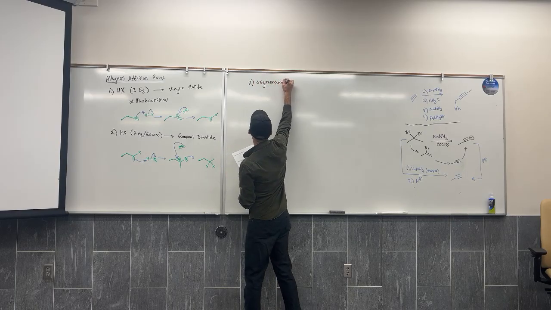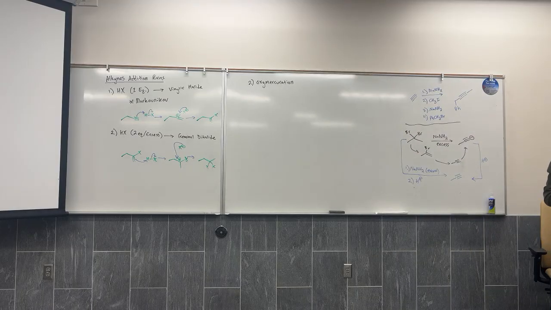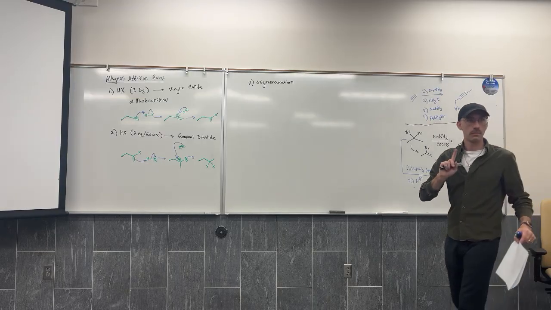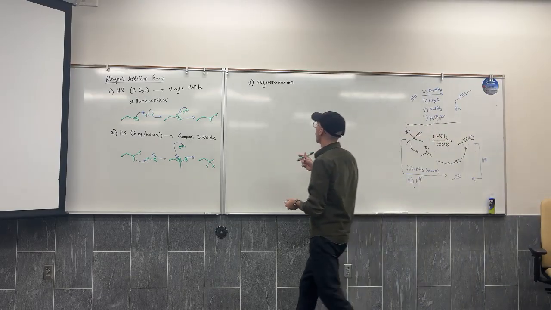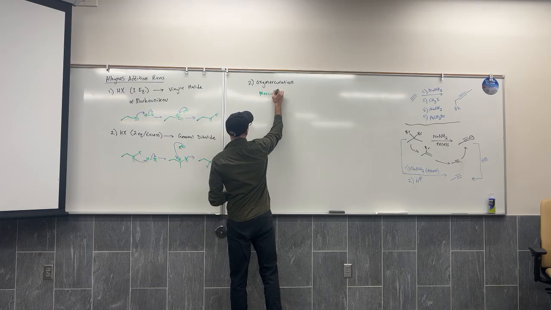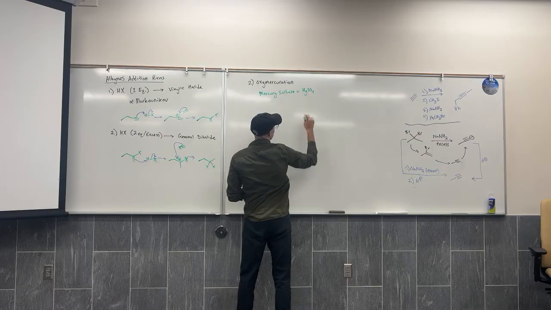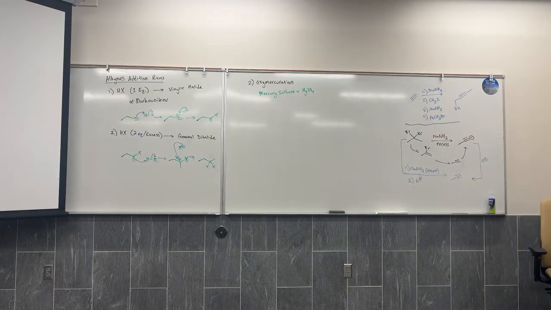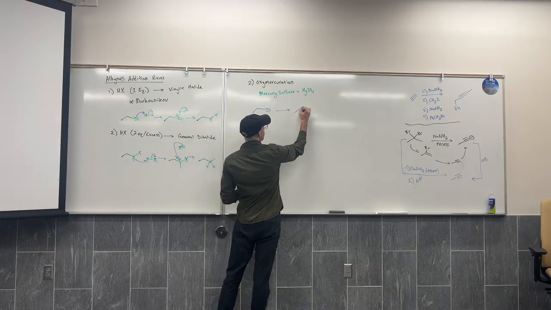oxymercuration. When we did this with alkenes, we had oxymercuration reduction. No more reducing agent now. We're working with mercury sulfate and sulfuric acid. And I want to show you guys something interesting that this reaction does. I'm not going to ask you to know the mechanism for it. I'm not going to ask you to show the arrow pushing. But this reaction